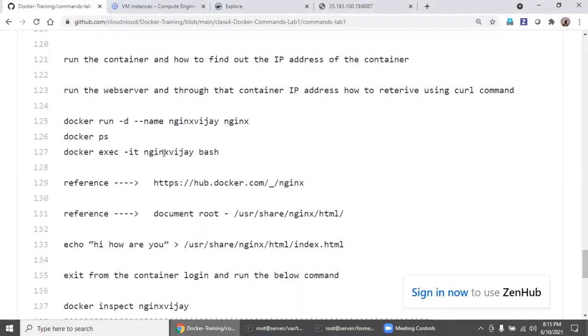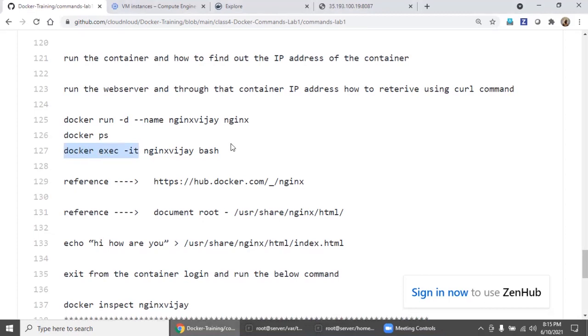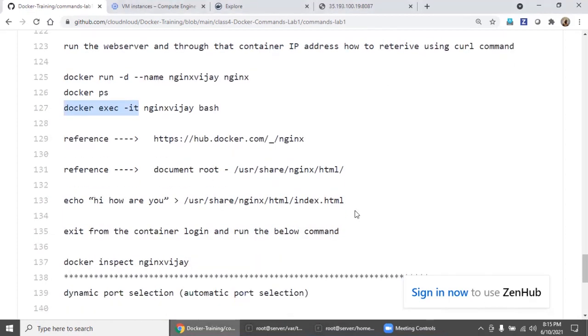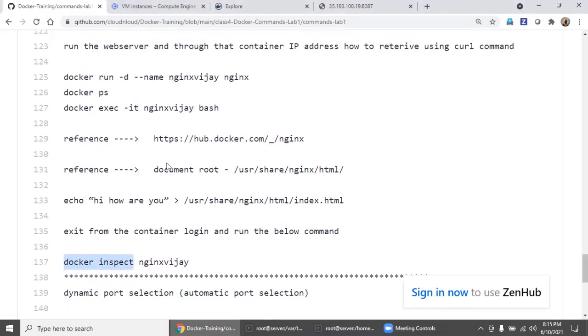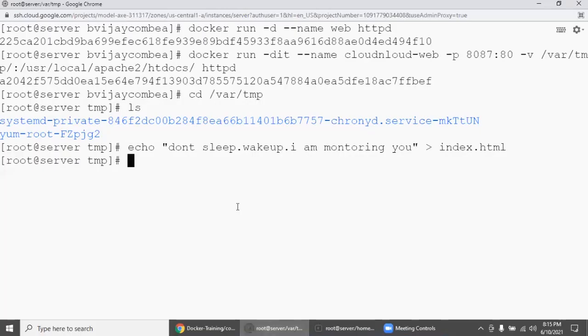So use this command, docker run. Already there are containers running. So let's take this, execute, go inside. Just now we have created some index.html, everything, and we are directly going here because we have done all that. If you want, you can do it again, but I'm just directly going to inspect.